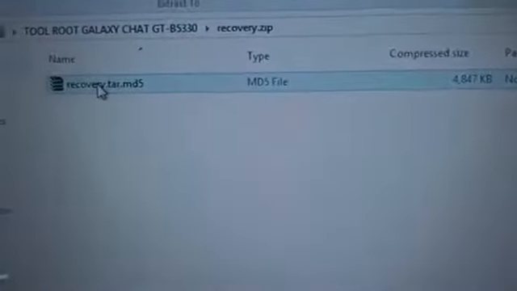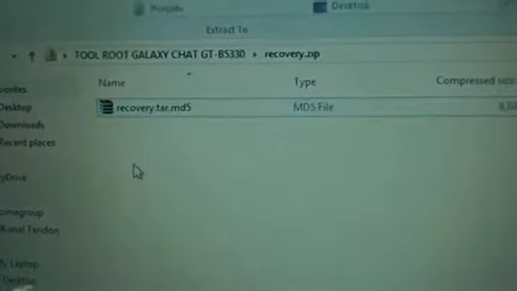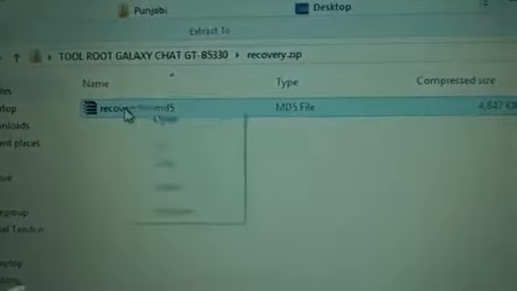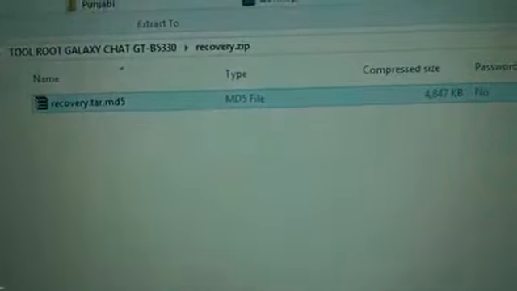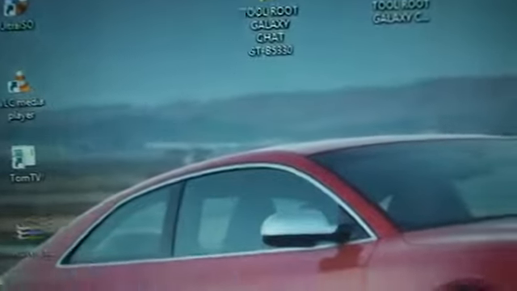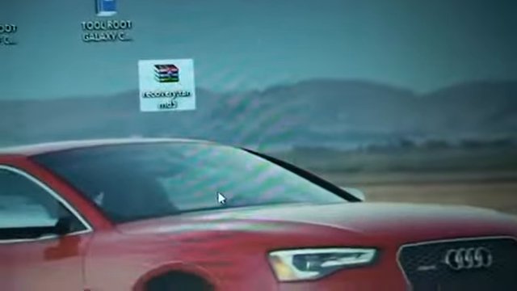Now go to the extracted file, click on recovery.zip and just copy this file to the desktop, which is recovery.tar.md5. The file has been copied.